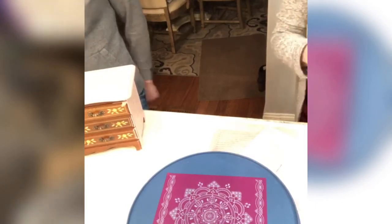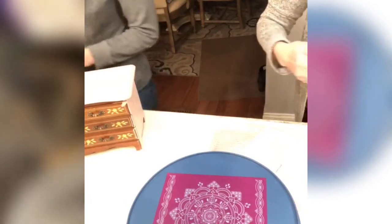How's your second coat coming along? Still drying a little. You don't want to run the dryer if you